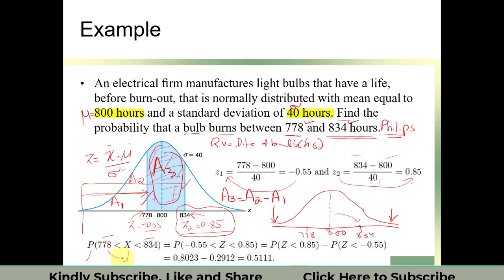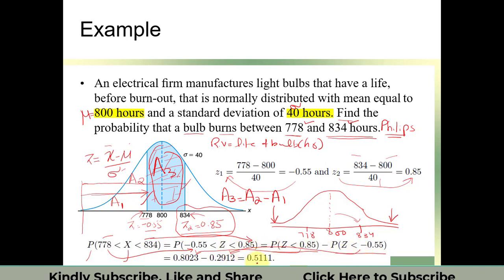We have converted these random variables into associated z values, and then we say that we are looking for the probability of z less than 0.85, that is the region we are interested in, and the probability of z less than minus 0.55. It starts from the extreme lower tail till our random variable value 778, or z equal to minus 0.55. We have found the probabilities of these two regions using z distribution tables, and now we got a final probability